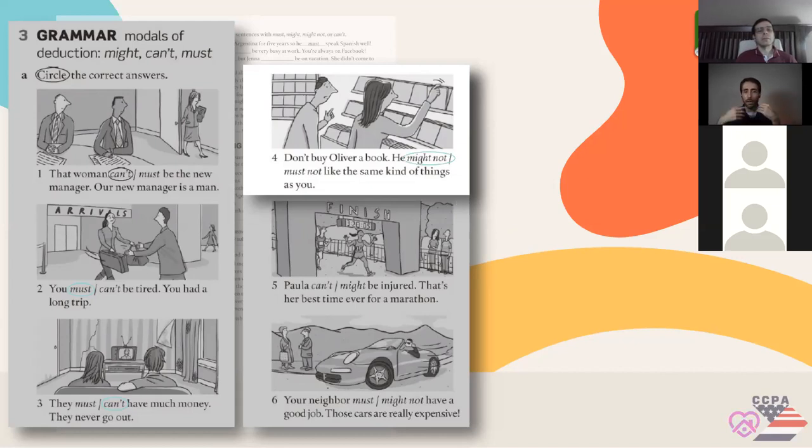Alejandro, have you ever received a book as a present? Yes. Did you like it? Yes, it is one of my favorite books. What book was it? Percy Jackson and the Lightning Thief. Ah, okay. I know the series. Very good. I heard good things about it. I haven't read it myself. Thank you very much, Alejandro.